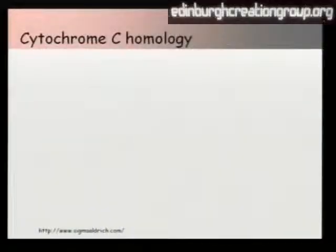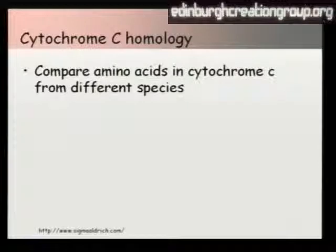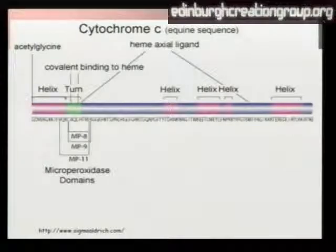Let's go back into cytochrome C. Cytochrome C is a protein which exists in just about every creature on Earth, because it's involved in a very important metabolic process. So you can go to just about any animal cell and extract cytochrome C, and you can look at its amino acids. Proteins are made up of amino acids. And you can compare the cytochrome C from different species, and you can actually look at the differences and say, well, cytochrome C from a human being and an ape is very similar. Cytochrome C from a human being and a horse is less similar. Cytochrome C from a bacteria and a human is very different. We can create some sort of evolutionary tree by looking at the differences. And that's what they do. And here we have a diagram of cytochrome C. And here you have the different amino acids represented